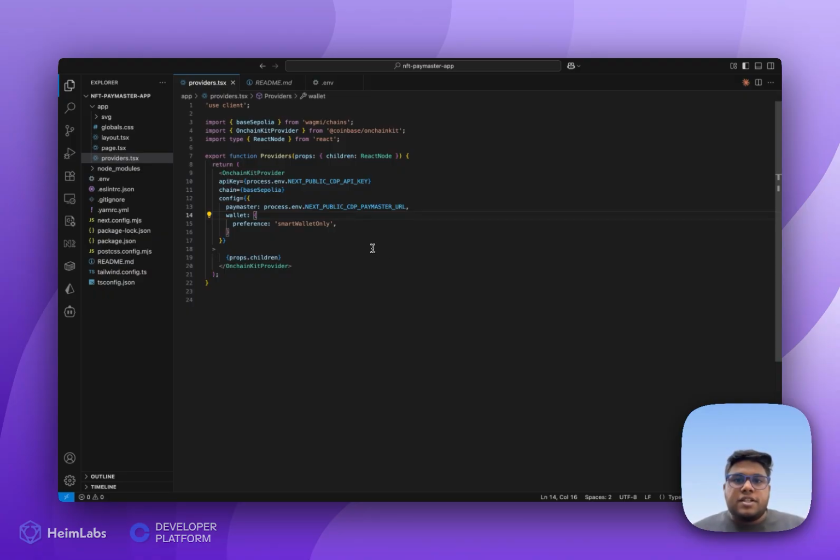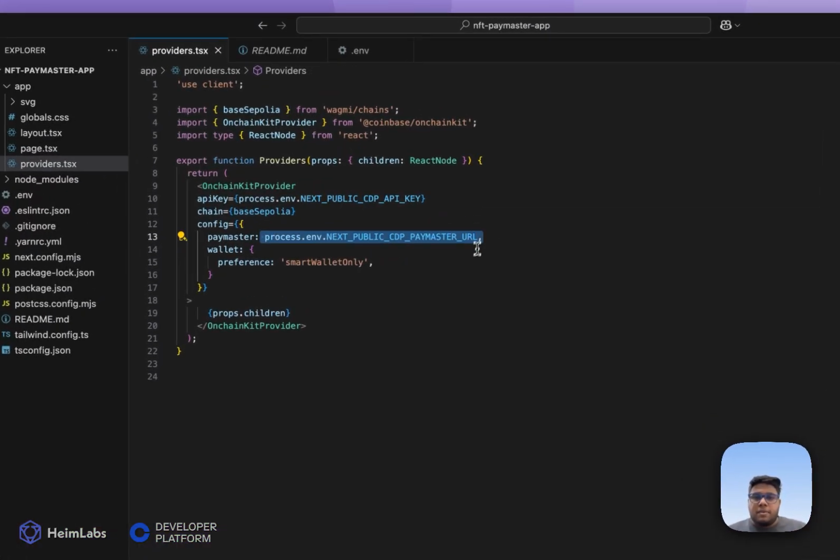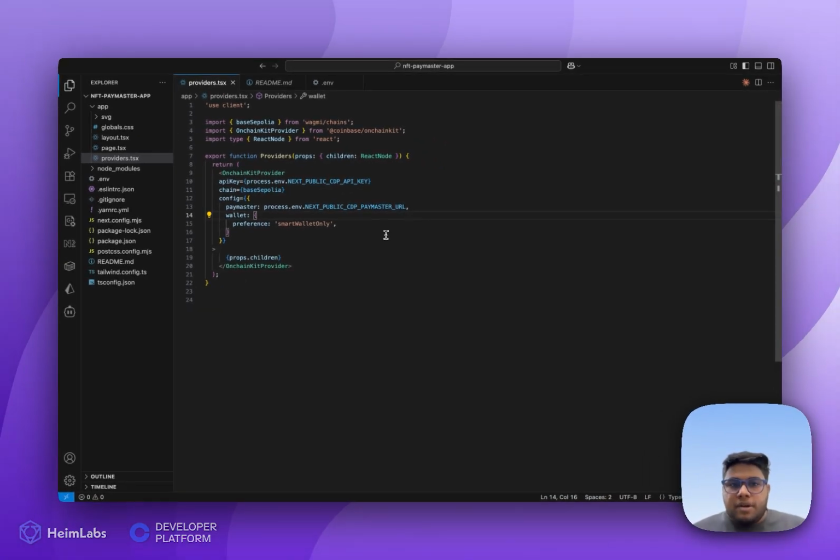And the second option, and the much safer option, which you should use in production, is the proxy setup, where in the Next.js setup you can do a proxy API setup and reroute this public API configuration to make it more safe. But for tutorial purposes, we can directly use this paymaster URL as well, and we are transacting on Base Sepolia, so it shouldn't be a problem. But in production use cases and scenarios, make sure you're using a proxy API URL setup and rerouting this paymaster URL in a much safer way.